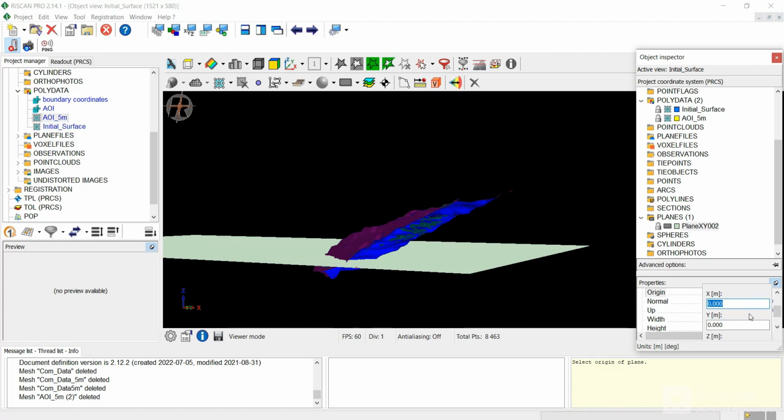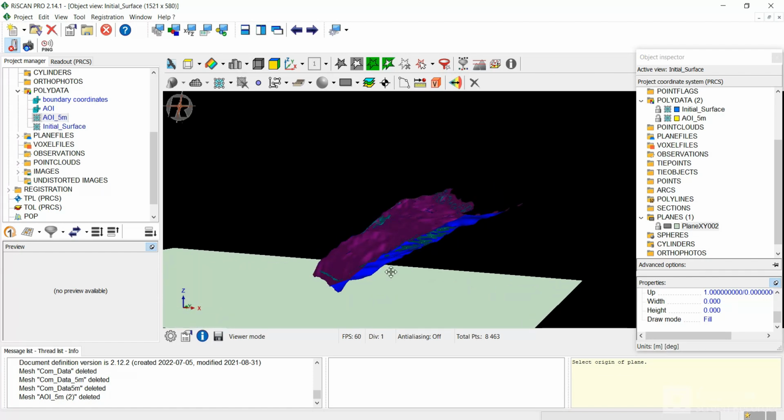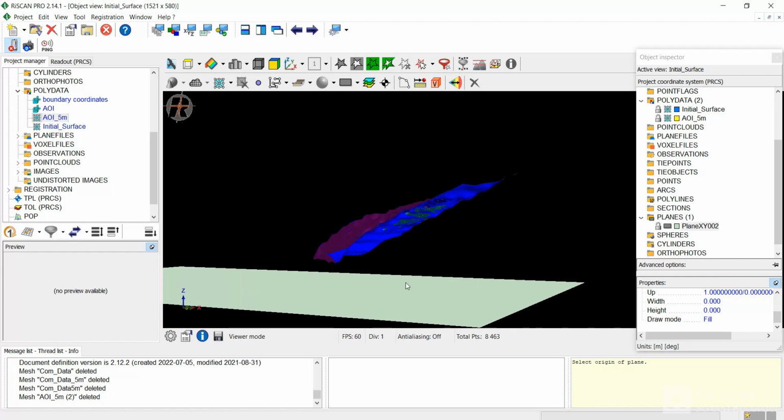So I will decrease the value of Z here. It's already 0, so decreasing means we have to input negative values. I will take any arbitrary value, let's say -100, and press enter. As you can see here, our plane has shifted. It doesn't matter how much below you shift it, just make sure that the plane does not cross either of our surfaces. So moving on to the next step, I will go to this bird's eye view and click on it,